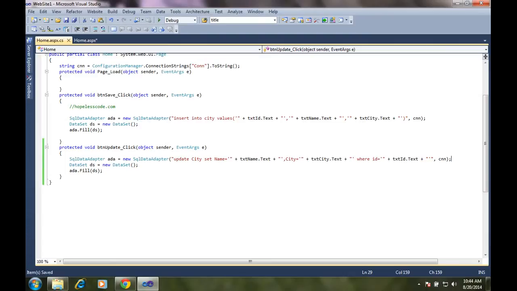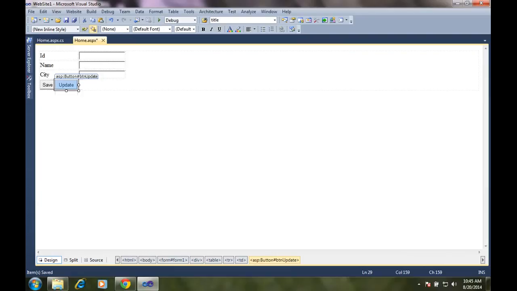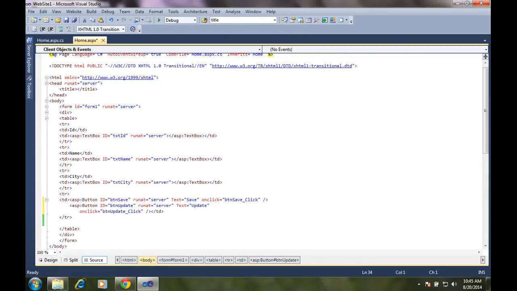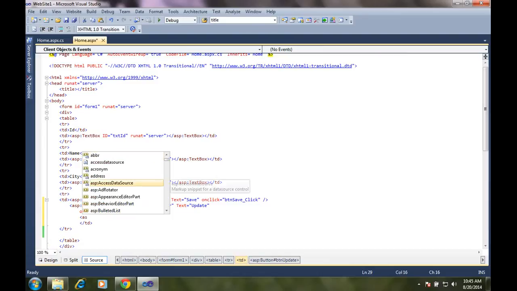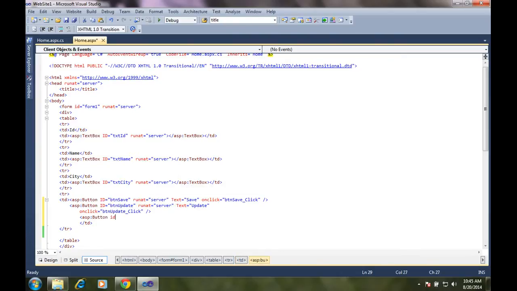We want to see the update now, so that's why we are giving one more button to show the database value. One button for show. Create one more button, ASP button, ID equal to btnShow, runat server, text equal to Show Grid.